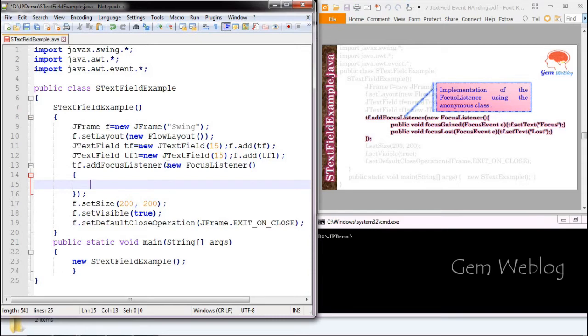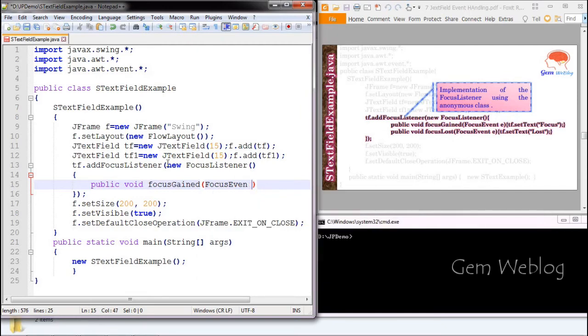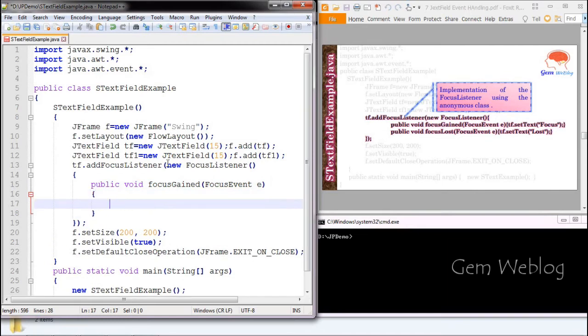The FocusListener contains two methods. First, focusGained. Inside this we have to pass the FocusEvent object E. Whenever the focus has been gained, I am going to set the text for the first text field as "focus".